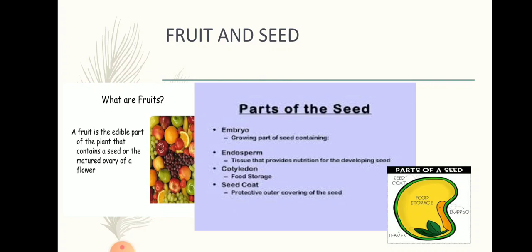Then it stores food materials like proteins and carbohydrates to be utilized by the baby plant. The baby plant that is going to come out from the seed is to be supplied with food. So this cotyledon helps it to gain the food. The stored food, consisting of proteins and carbohydrates, is utilized by the baby plant for its growth. And then the third part is the embryo.